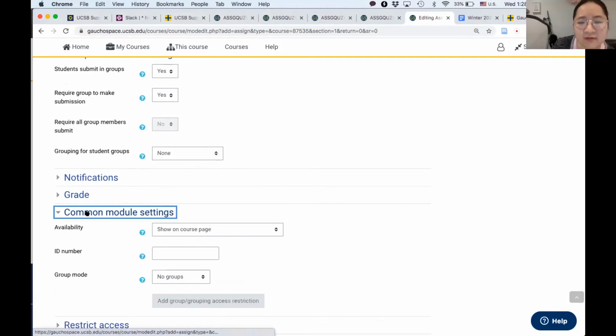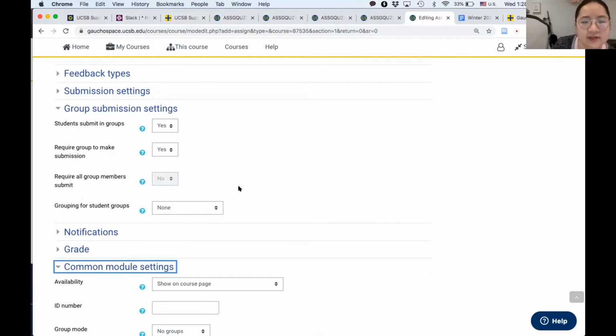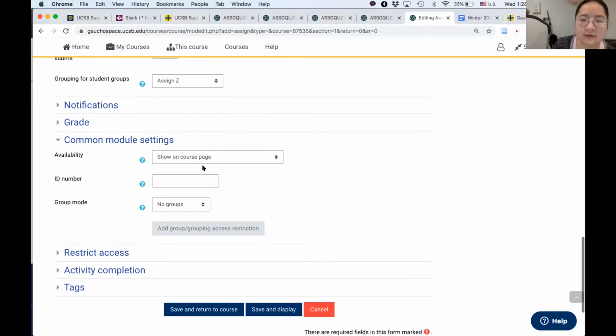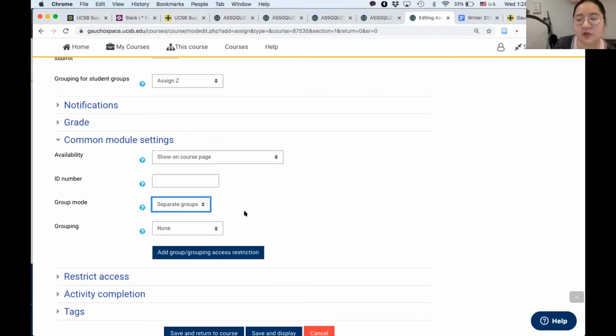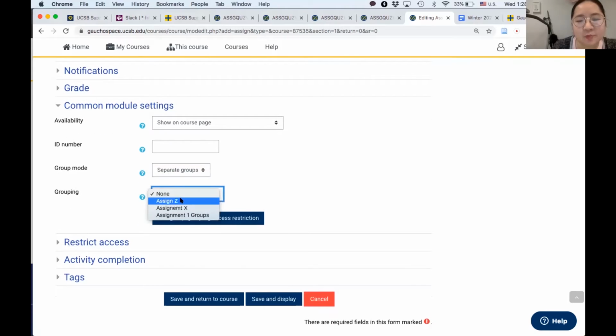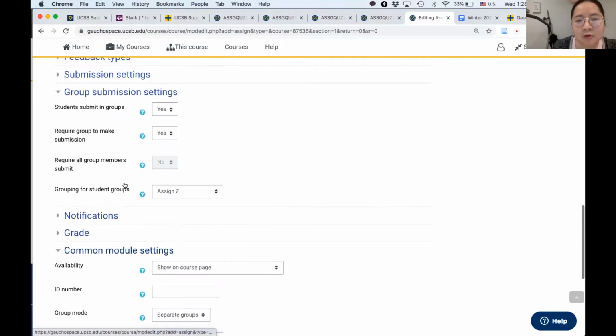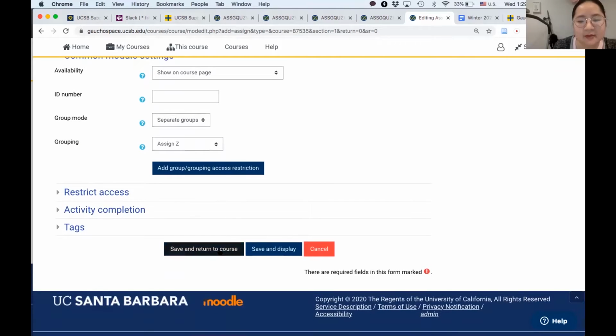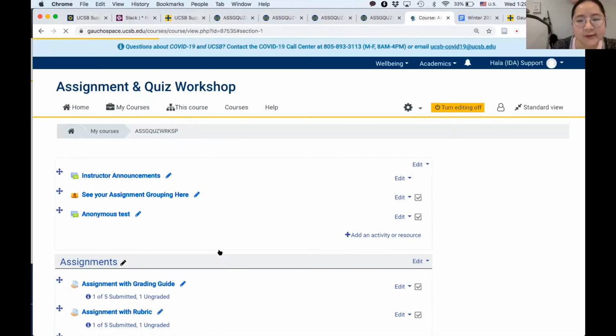So there are 2 areas that you need to make sure. So this is yes. And then you assign that grouping that you created. And then you have to say group mode separate groups, because you want all the group members to only view their own group work. And then grouping assign Z. So I know it's kind of tricky, but there are 4 areas. Yes, assign Z, and then separate group, assign Z. Okay. And then once you save and return to course,